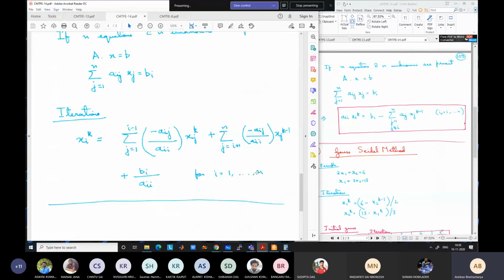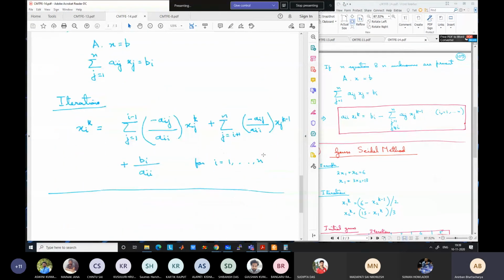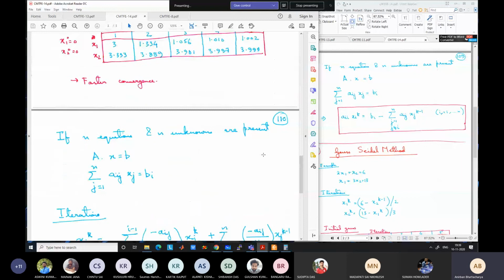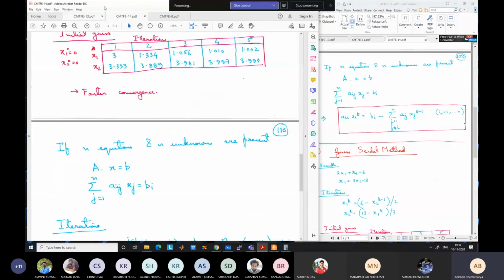Okay, so we'll stop here today and continue this discussion about the Gauss-Seidel method in the next class, and also show you why convergence and divergence are occurring, in which case it will occur, in which case it will not occur. There is a criterion which is known as the Scarborough criterion. We will study about that, and then we will go to line by line TDMA and we will finish this part. We'll look at some other small things. We'll finish this part, and from next week onwards we will go into convection diffusion problems.